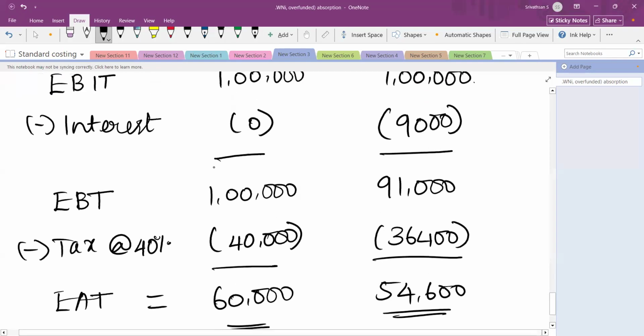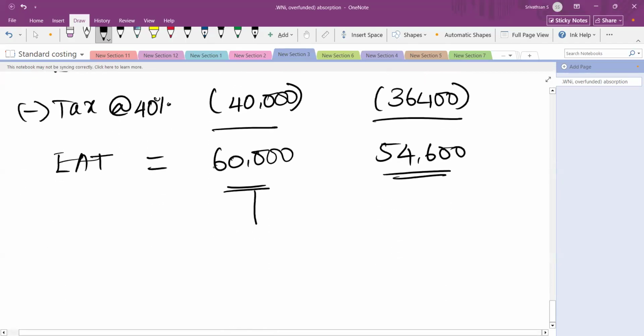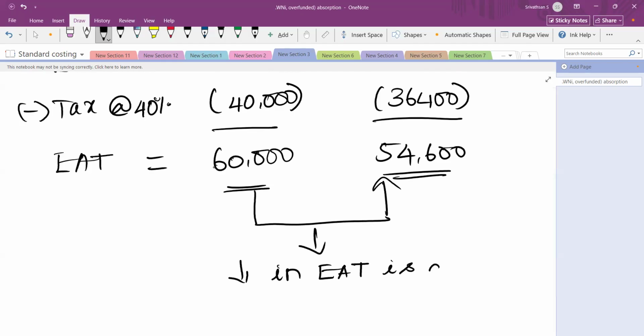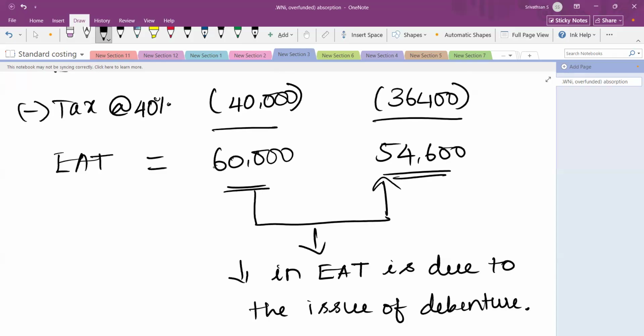Now, why did the profit reduce? Why did the earnings after tax reduce? The decrease in earnings after tax is due to the issue of debenture. Let's say if the company had not issued the debenture, the profit after tax of the company would not